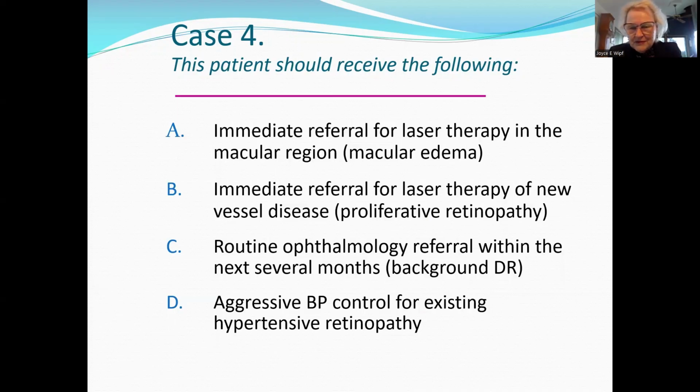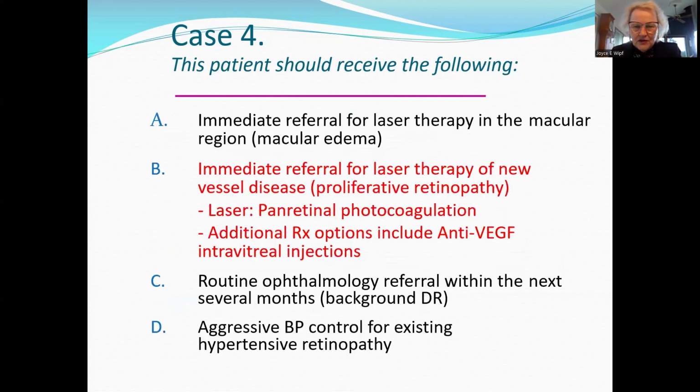Since we reviewed some of these already, I think probably you're narrowing this down to B or C. So what was the finding here? So this was immediate referral for laser therapy of new vessel disease, proliferative retinopathy. The laser is pan-retinal photocoagulation. There are some additional treatment options such as